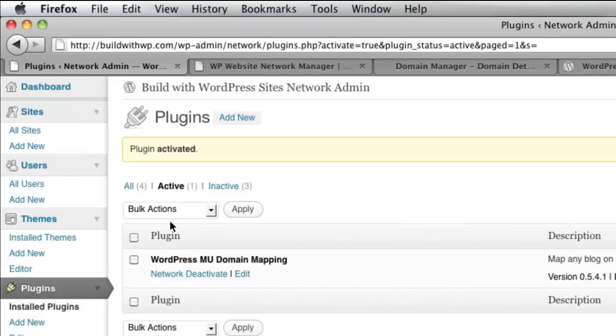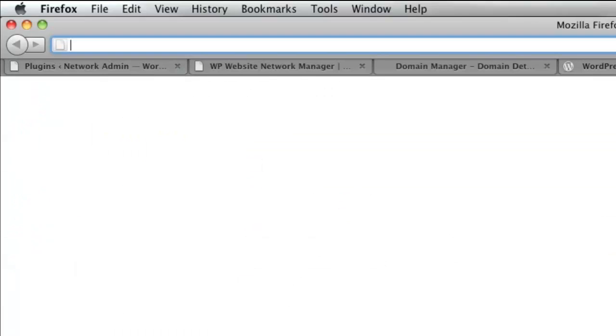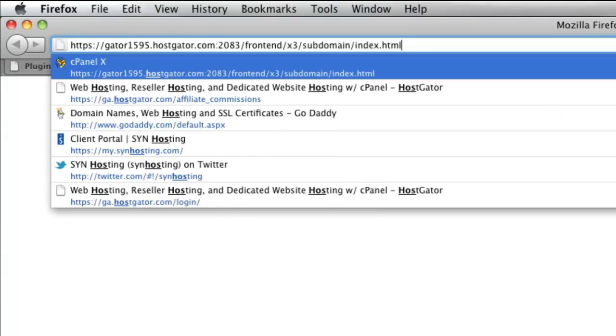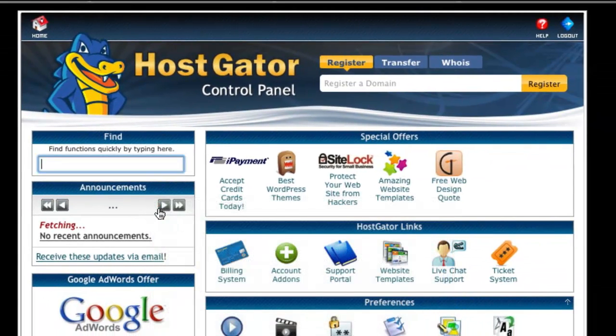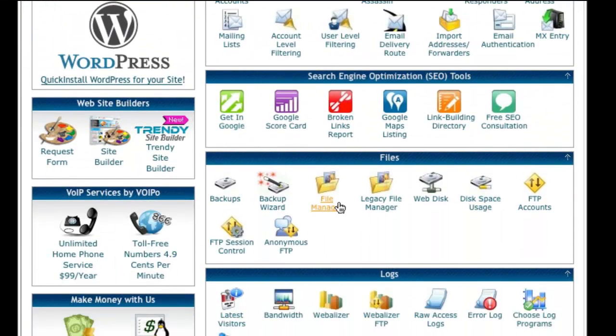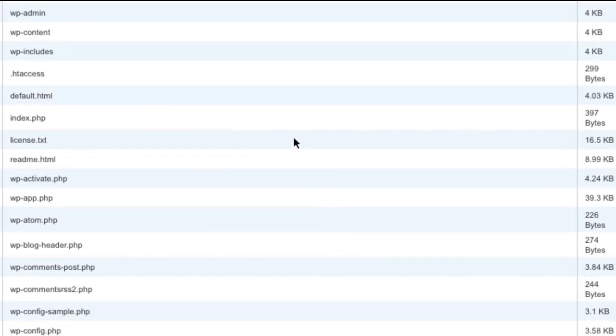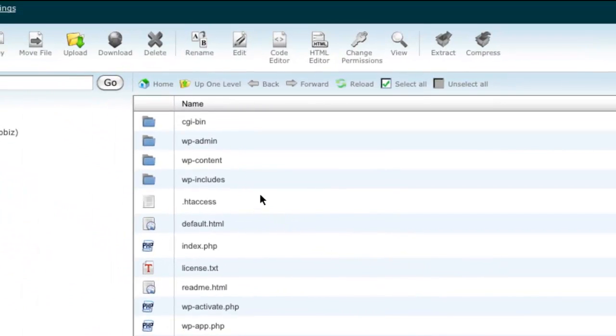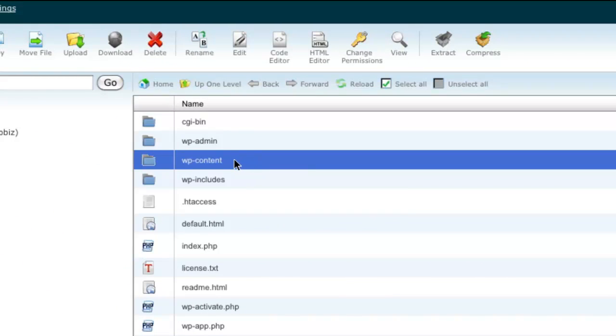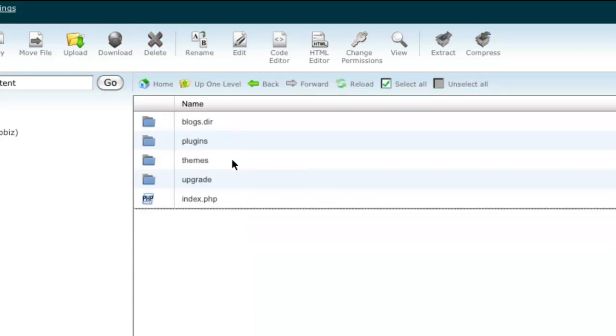The first extra step we need to take is to move a file that's been downloaded with this plugin into a different directory on your server. So in order to do that, we'll open up our HostGator cPanel again. And once we get to our cPanel, we'll go to File Manager. And what we're going to do is drill down to the plugin files here, and if you don't know already, WordPress plugin files are stored under the WP content directory, under plugins, and we'll go into the WordPress MU domain